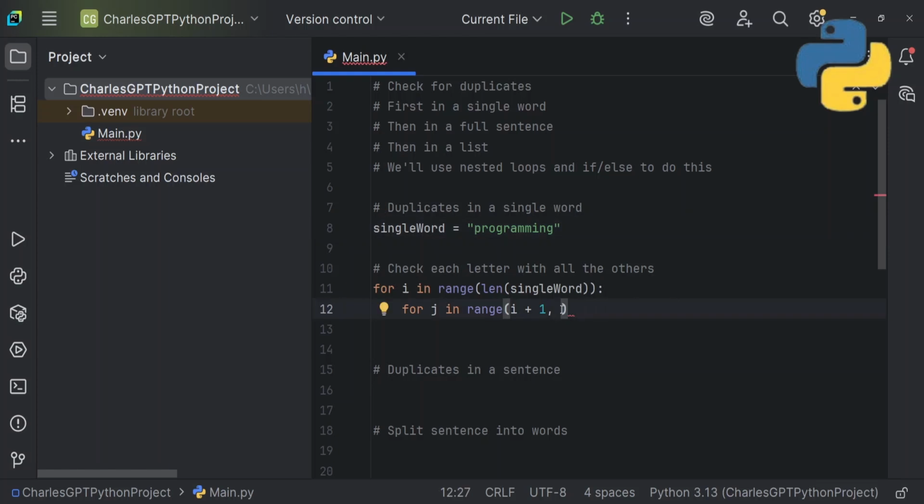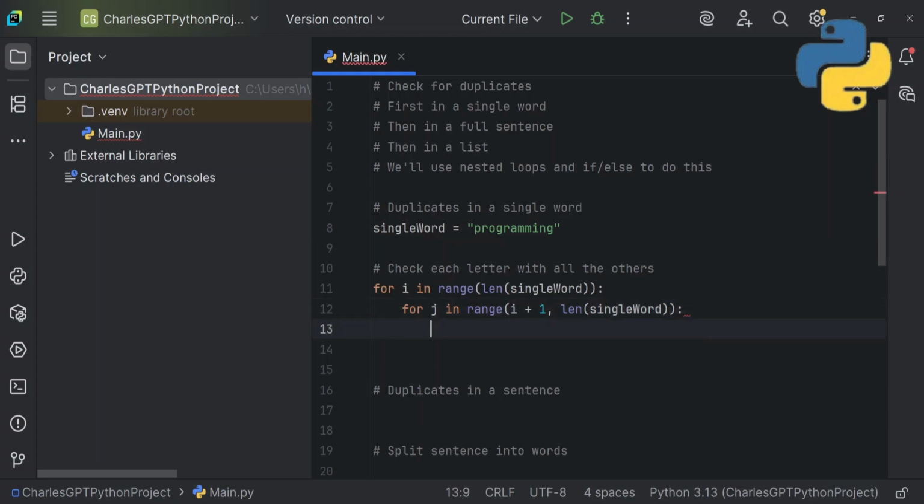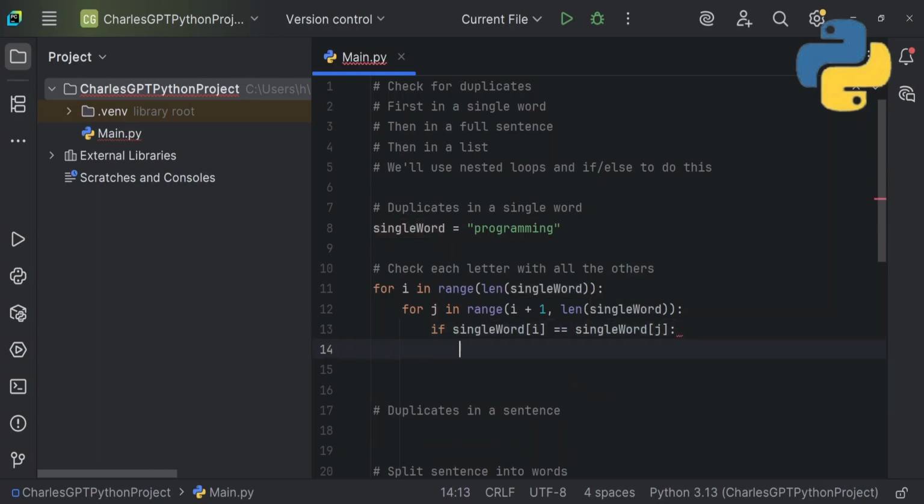So I plus 1, so it goes through I, then it's added 1, then we'll now add the length of that single word that we are working with, this single word right here. So we'll now do it. The length of the single word. So what we're going to do is, if single word at index of I is equal to single word at index of J, it means